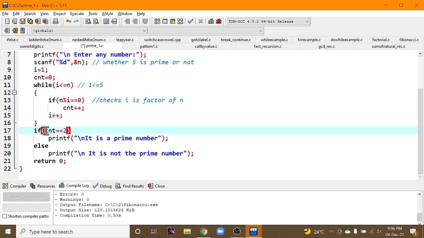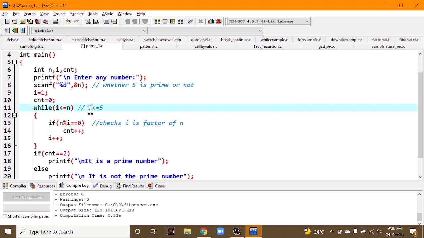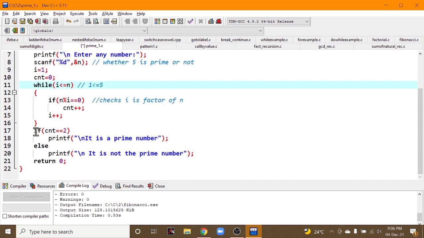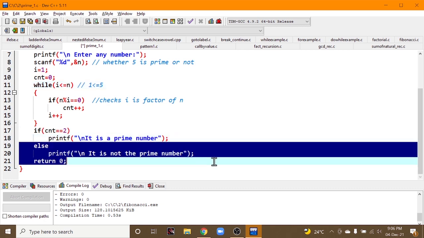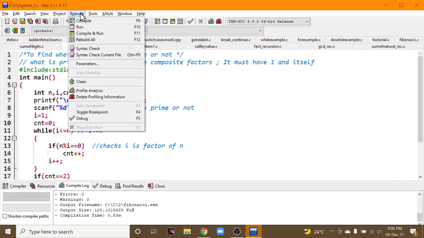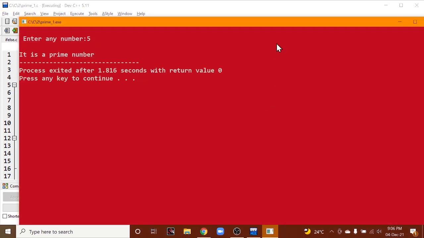That's why I'm saying if count is equal to 2, it is a prime number. If count is more than 2, it is not a prime number. Otherwise, in the else case, it is not a prime number. So let us do the same example, 5. It is a prime number.